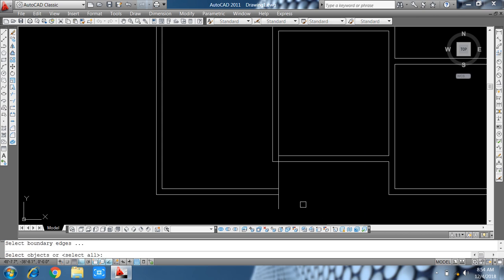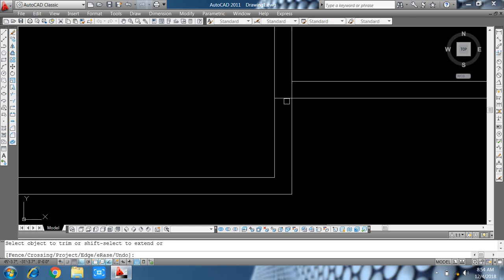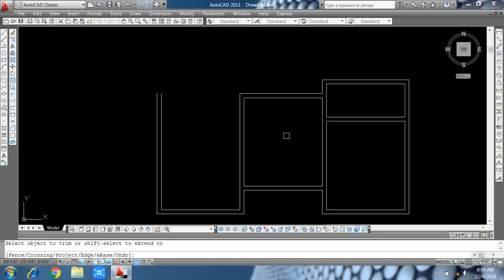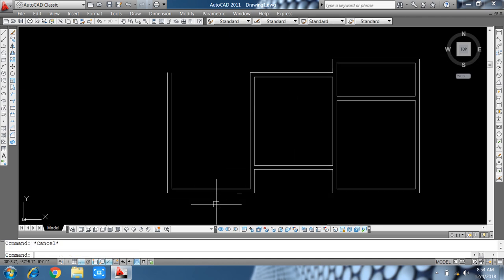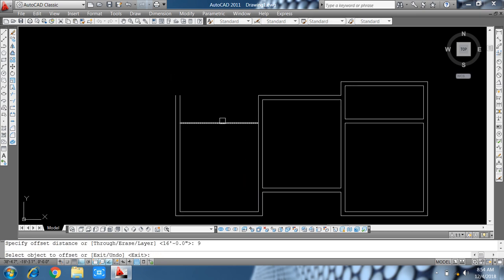Now friends, now I offset 16 feet from top to bottom of the 9 inch, offset 6 feet, and fillet, offset 9 inch, as this line makes that.